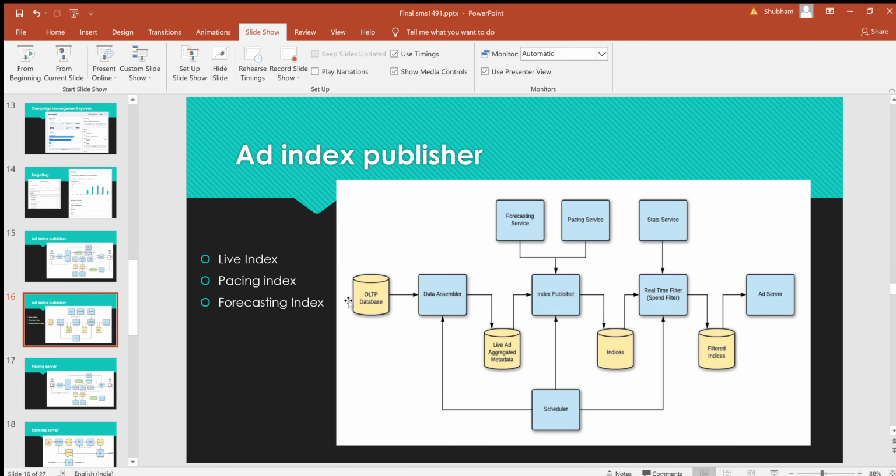These pipelines can contain live index, pacing index, feature index for the execution. The live index contains more information about the advertising, the metadata and location. The ad server uses this information to remove irrelevant advertisements and maintain only relevant ads that are best suitable for the target audience.